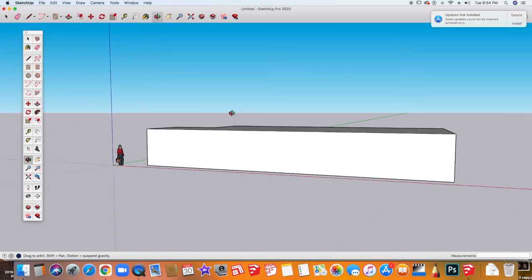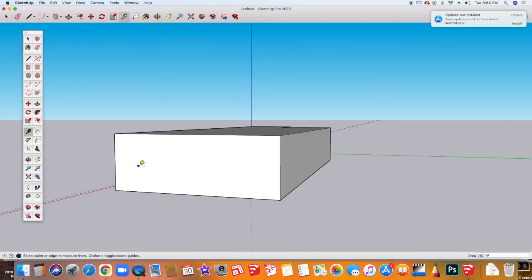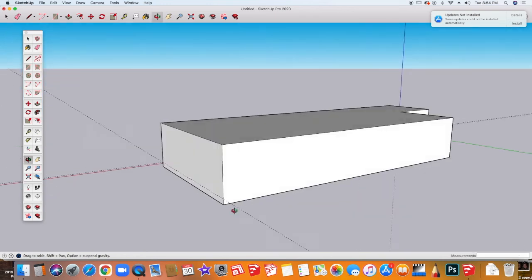So if I go to measure this height now with my dimension tool, I can see exactly how big this is. Now before I forget, I'm going to go ahead and use these guidelines again, and I am going to pull up some guidelines 1 foot so that I don't forget where my foundation is. When you use guidelines, you can also measure to guidelines. So I'm going to pull that again, but this time I'm just going to go over and mouse over, use inferencing to meet the other one, and you can see in my measurement box it says 1